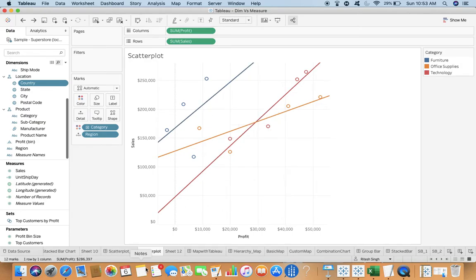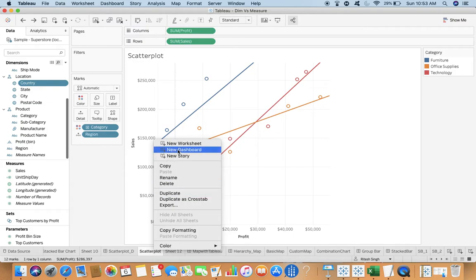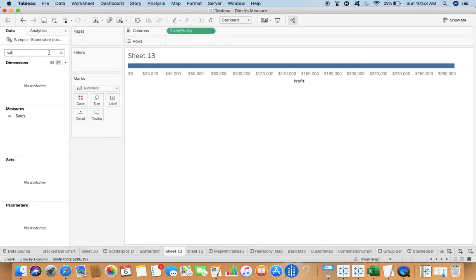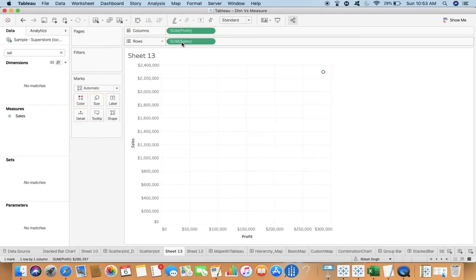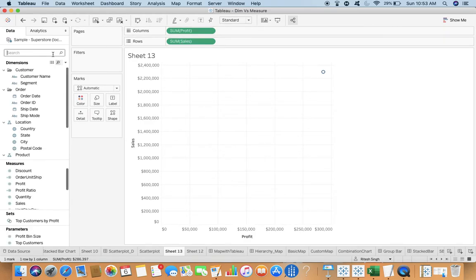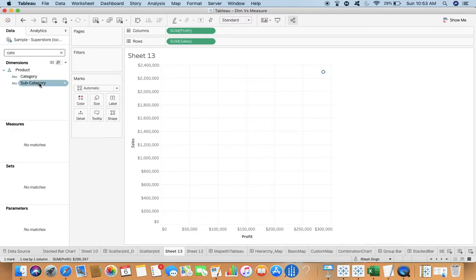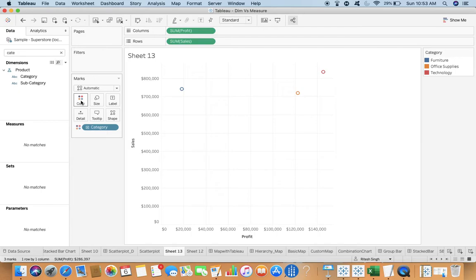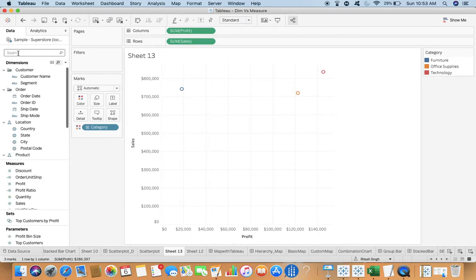But how do you create this? So if I want to derive a relationship between sales and profit, by default this is a scatter plot, but you need to choose the dimension for which you are going to derive those lines. Here you have the category and also the level of detail.